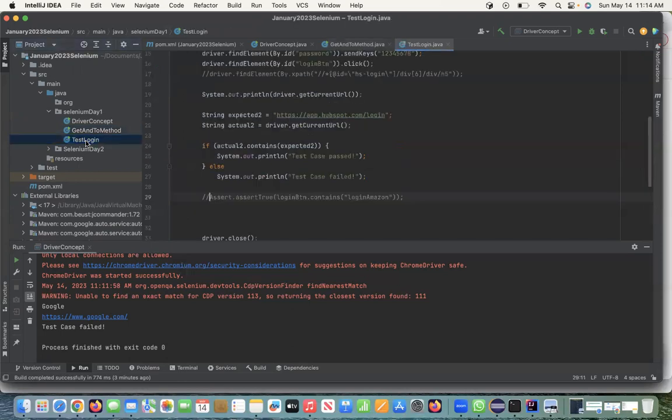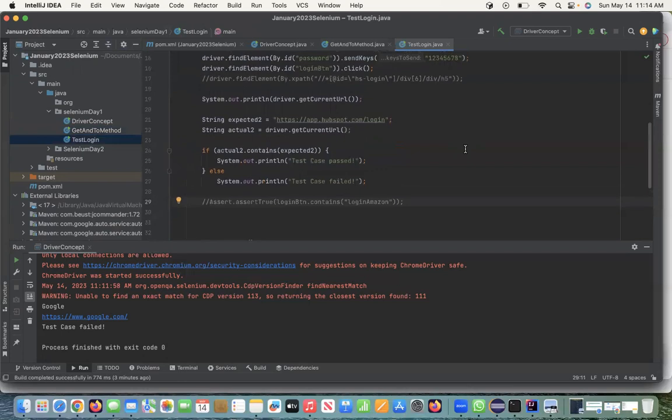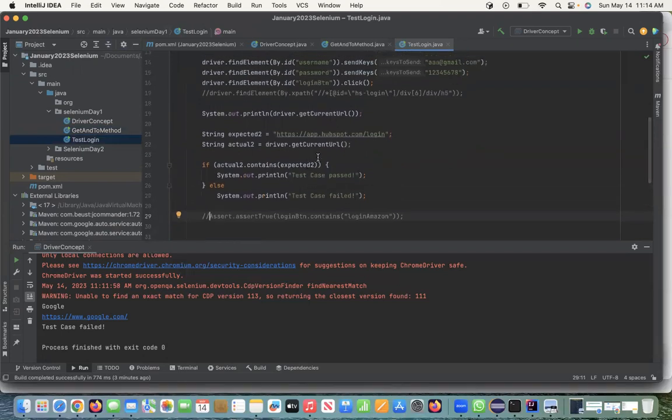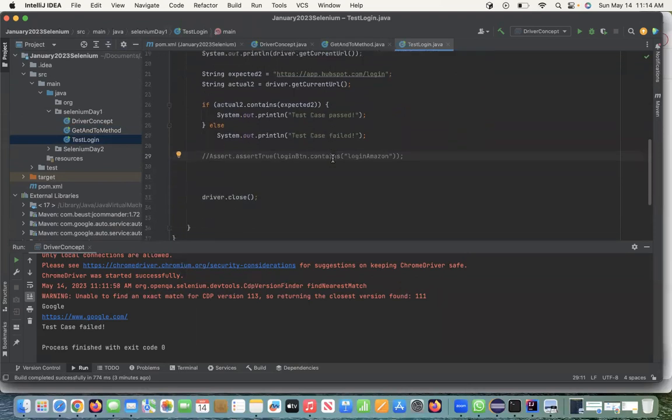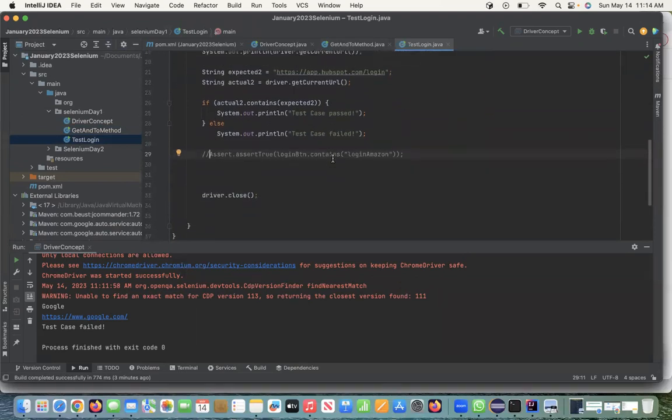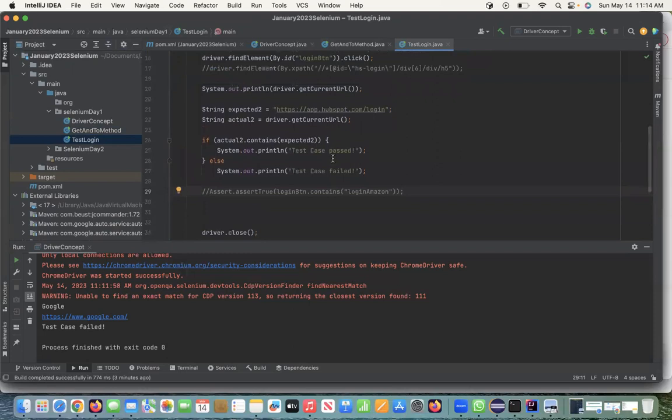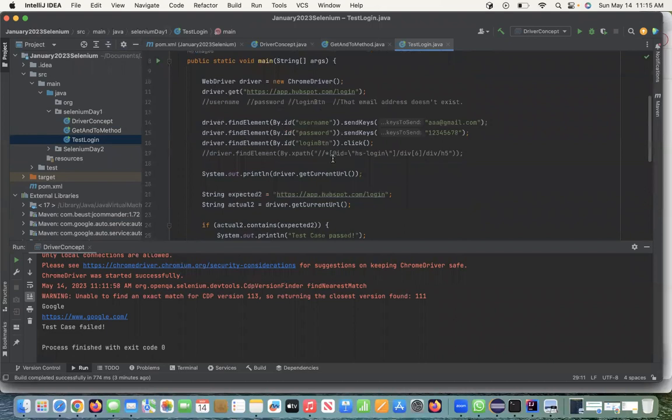Another one we covered on day one, actually. For example, current URL. If the current URL is as expected, your test case will pass. Otherwise, it will fail. Or then, this is the basic introduction to using web elements, basically finding web elements and using your locators concept,